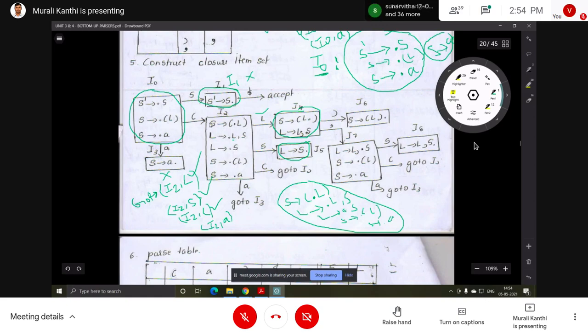What is the name of this set? I2. So don't write this, just give the name.